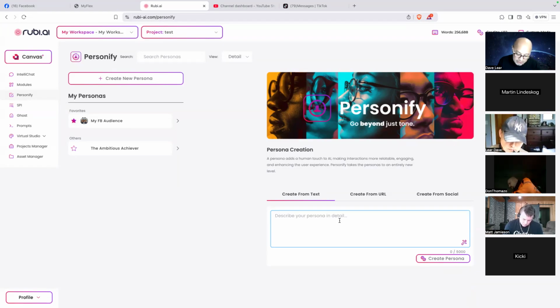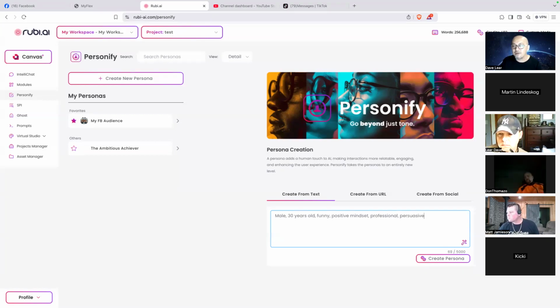Let's say you want your chatbot to be male. Let's have an example. Your chatbot should be at least 30 years old, funny, positive mindset, professional, persuasive.